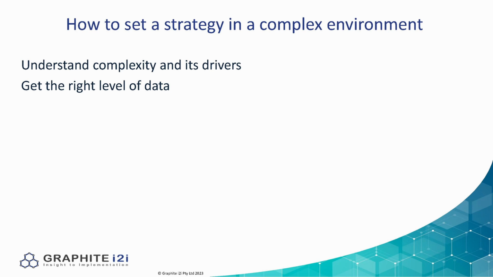You then also need to recognise that the future will be uncertain and hard to predict. You need to develop a strategy that's flexible and enables you to pivot quickly. Often you'll find in a complex environment the predictions you did make turn out to be inaccurate, and your strategy needs to be flexible enough to enable you to pivot to a new position and a new direction to meet